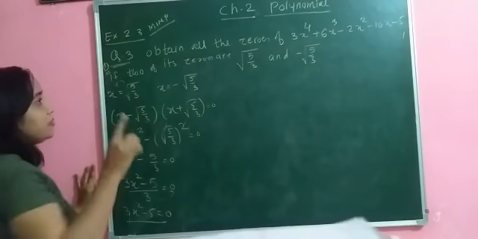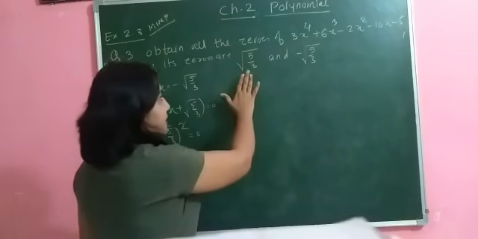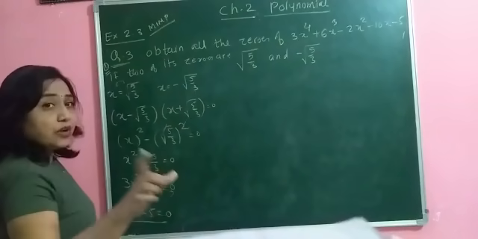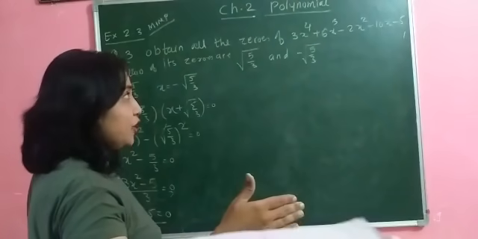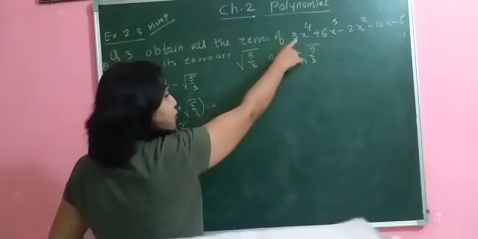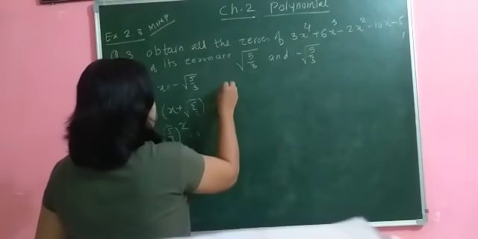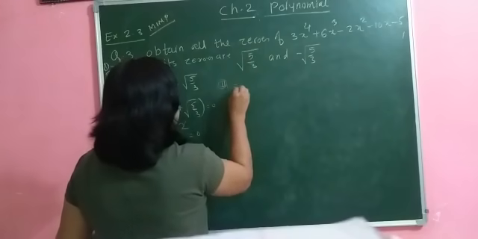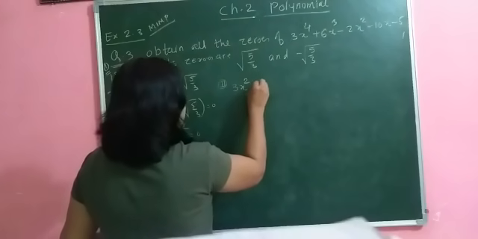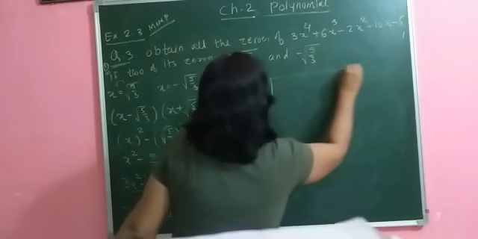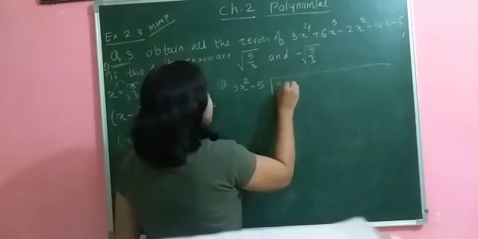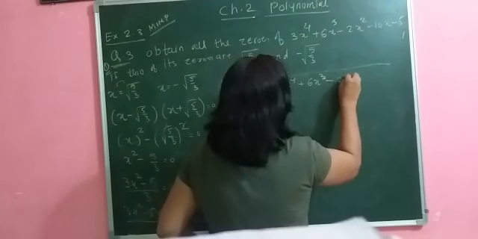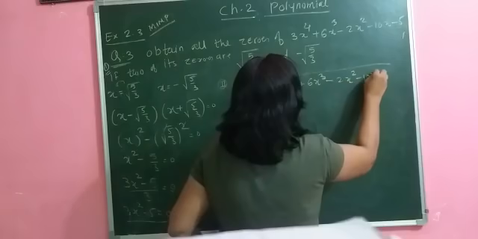What did we do in the first step, beta? Take x equal to this, x equal to this, multiplication, and I will get one polynomial. After getting the polynomial, division of two polynomials you have to perform. Okay. So in the second step, what I am doing is by 3x square minus 5, I am dividing this polynomial 3x raised to 4 plus 6x cube minus 2x square minus 10x minus 5.